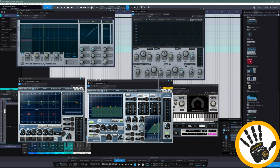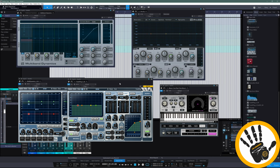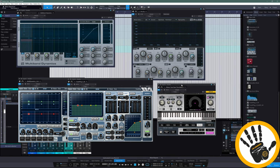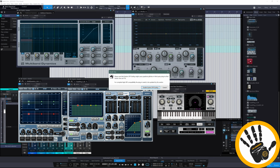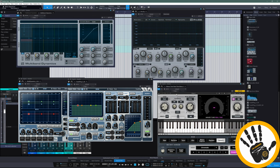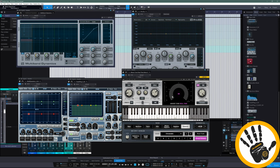actually. But the point is that a lot of companies, even Waves, a huge VST effect company, everybody knows who Waves are. And they got plugins, the whole bundle costs $2,000, $3,000 dollars. And I got probably two of the bundles. And you click right here and you press enable, it'll do the same thing. And guess what? It's not that bad